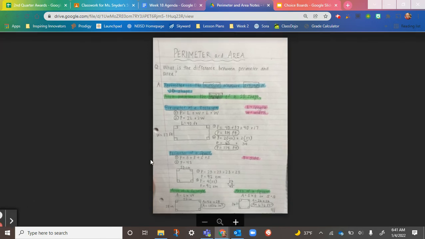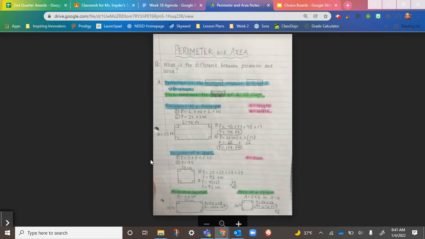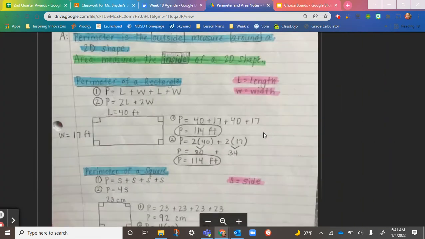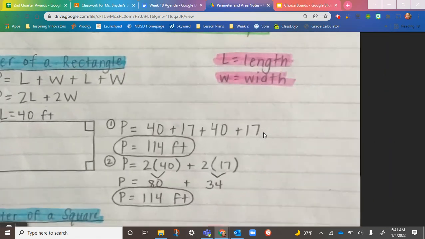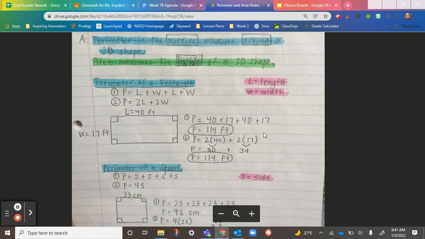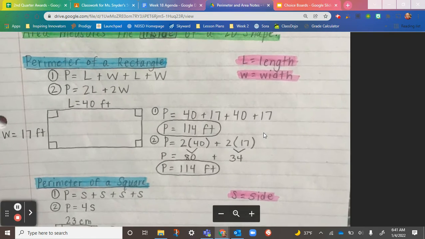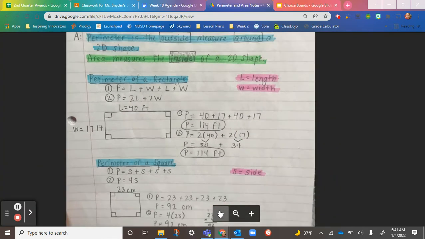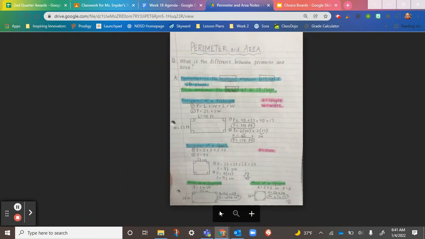Then you can click here and get the notes. You can write this down and add it to your notebook whenever you get back to class. Ooh. So, oh my goodness, there we go. Okay, so okay, this thing doesn't like me. Hold on. All right, we're just going to leave it like that.